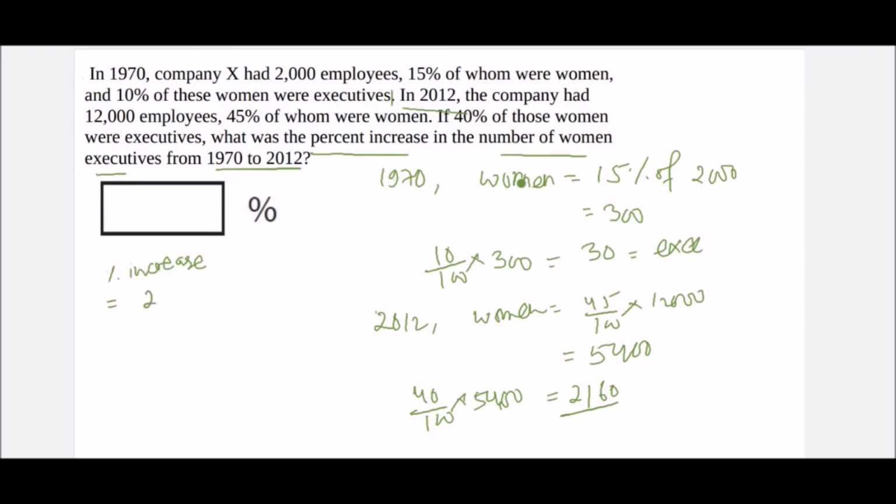is equal to 2160 minus 30. For executive we have to find out, divided by the initial value, into 100%, will be 7100%. So that is the increase of percentage. Answer will be